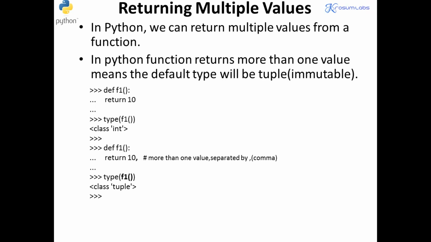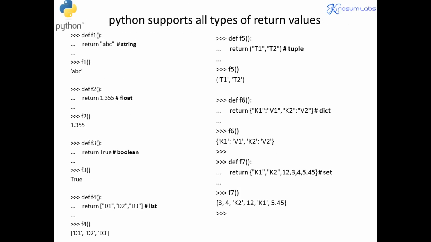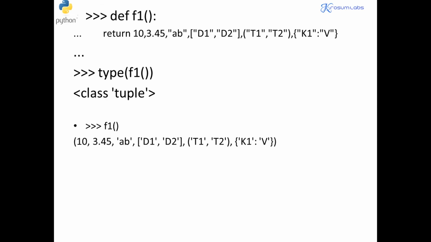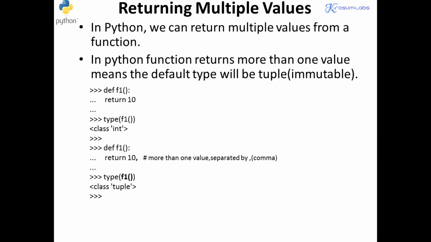In the previous slide, we used Python, which supports all types of return: boolean, conditional, dictionary, set type data, all data types. When a single value or multiple values are returned, more than one becomes a tuple type. So we can have a tuple of lists, a tuple of tuples, a tuple of dictionary type values. This is all the main topic in the function concept.